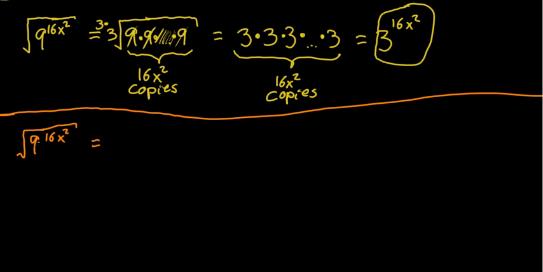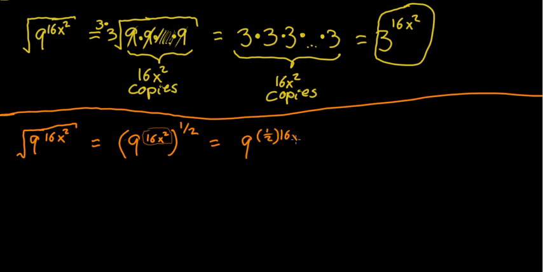And since that whole thing was like taking the square root, he just rewrote it as 9 to the 16x squared, to the half power. And here's the part that I think may get some people. This half doesn't really apply to this 2 up here. We have 9 to a certain power, and it's to this power. So what we do is we multiply this by half, because anytime we have an exponent outside an exponent, we just multiply them together. So this becomes 9 to the half